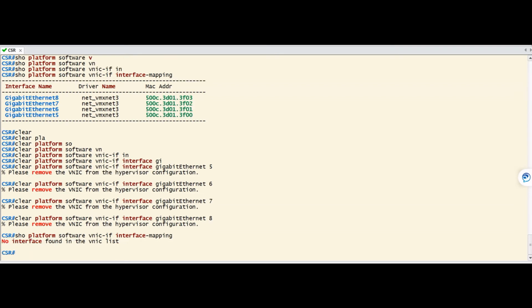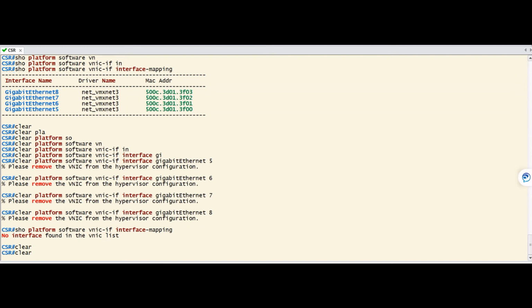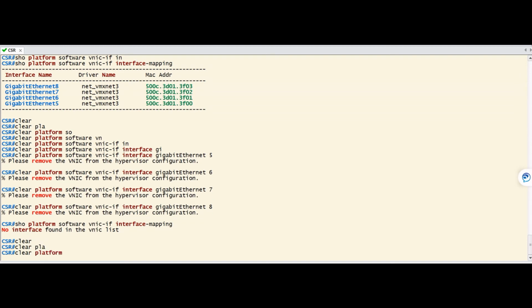The third step is that after this we need to clear the NV table entries. As you can see, I run the command again, but it still shows that no interfaces exist because we removed all the interfaces, but we need to clear the NV table entries.